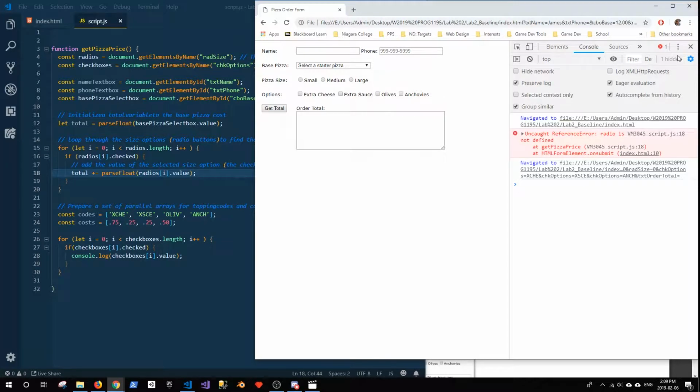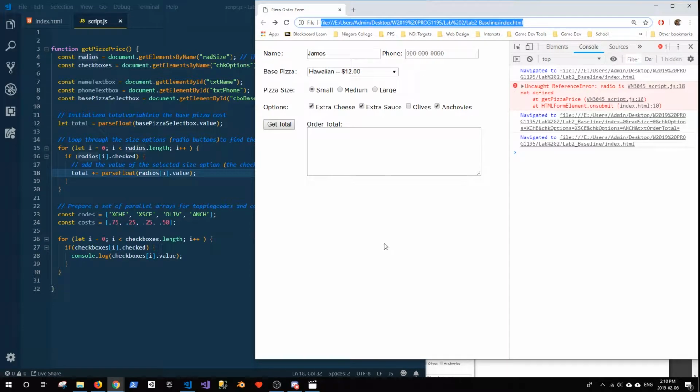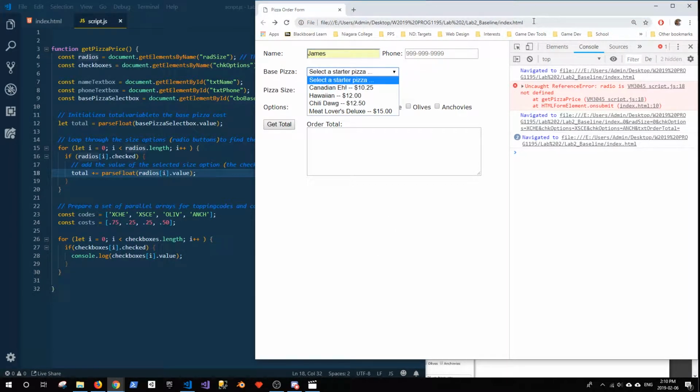That was because I put preserve log on, and it ended up navigating, but I still got to see what caused it. It tells me it's on line 18, so I was able to go find it on line 18 and fix it. Now if I try this again, first of all, you'll notice that all this stuff is in my address bar now, and that doesn't help us very much right now. So I'm going to refresh that page with a fresh URL,